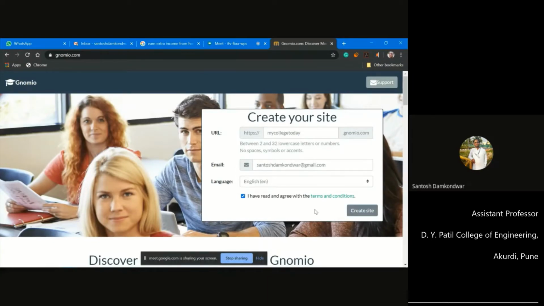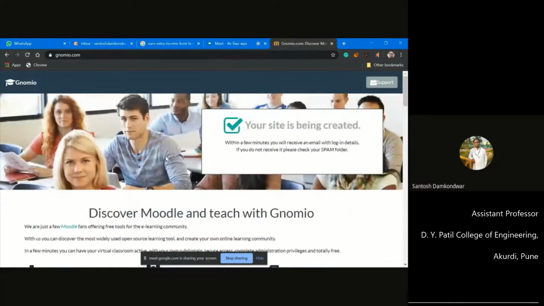Now remember that whenever you click on submit, of course it may take some time, or you can see here the WhatsApp message or mail will be there in your spam folder. So make sure that in your email you get a confirmation of the website, which as we put here, that is my college, accordingly mycollege.genomio.com.